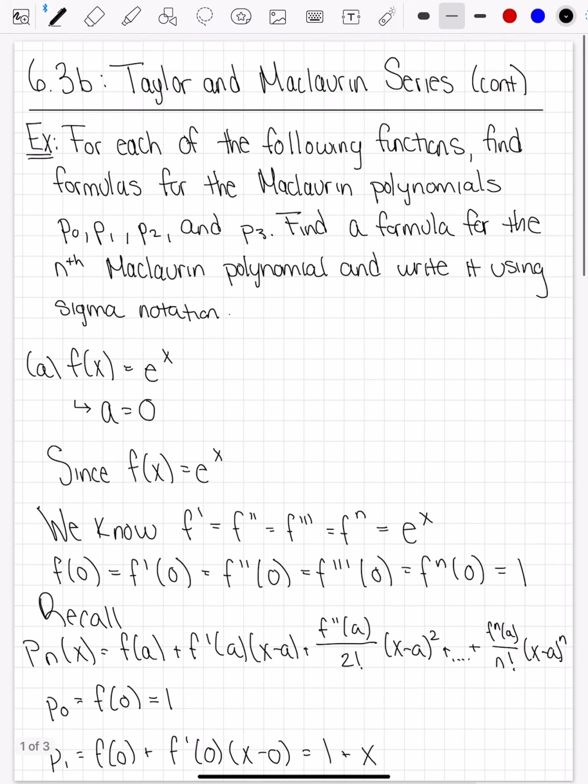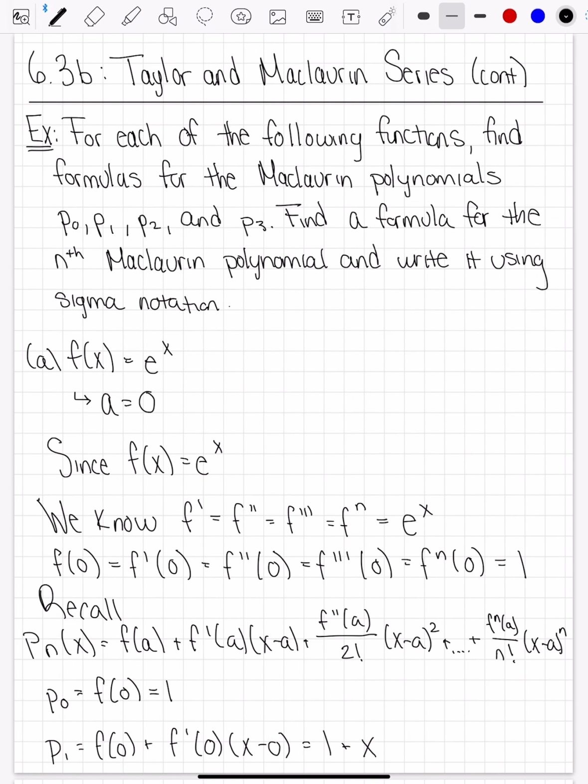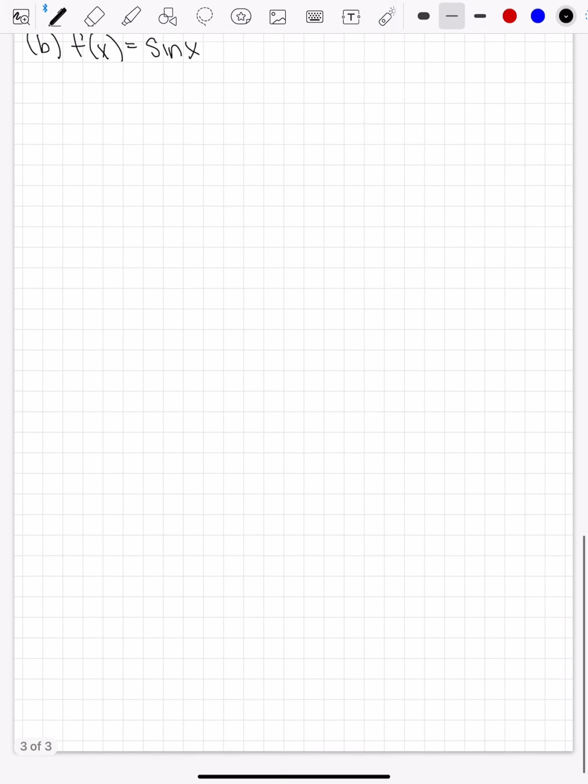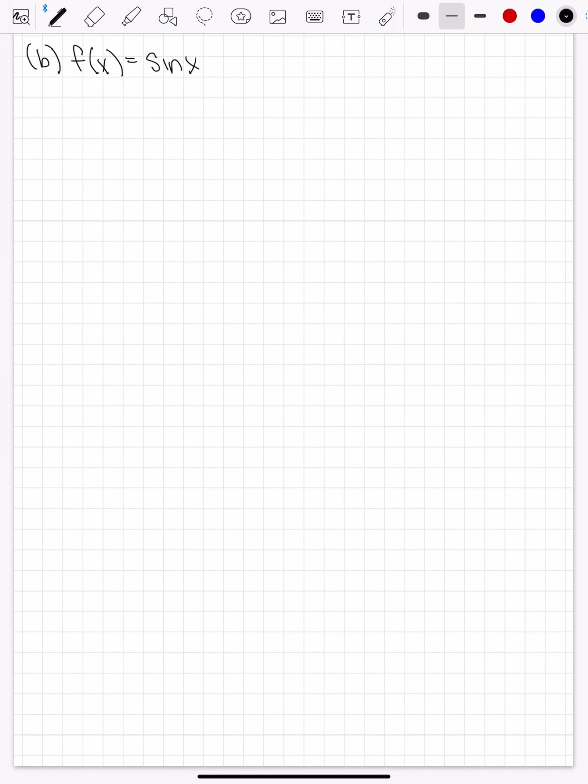Okay, for the next one, we're doing f of x is sine of x, and it's the same thing that we're instructed to do for a, where we're going to find p0, p1, p2, p3 for Maclaurin, so a is 0, and then find the formula for the nth Maclaurin polynomial. So we know that we're going to need the first